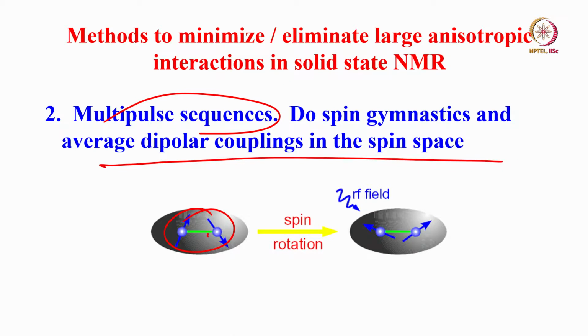Again, not all interactions can be eliminated. Using these things we can eliminate, or minimize, homonuclear interactions like homonuclear dipolar couplings. Whereas with magic angle spinning we can remove or minimize heteronuclear dipolar couplings or CSA. So depending upon whether you use physical rotation or spin rotation: if you are using physical rotation, you can remove heteronuclear dipolar coupling and CSA. If you are using multipulse, we can remove homonuclear dipolar couplings or reduce them quite significantly. So these two things we can adapt.